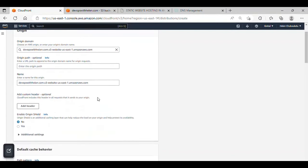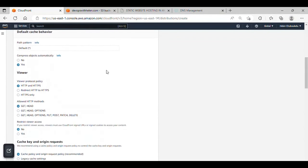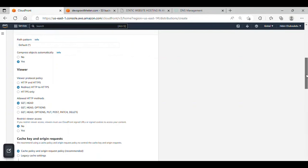We'll be leaving all this as default, so just scroll down to where you have viewer. Here I'll click on redirect HTTP to HTTPS. Remember what we have is HTTP, so we want to redirect that to HTTPS because we now have SSL. We've gotten our certificate, so we are qualified for HTTPS. So I will scroll down